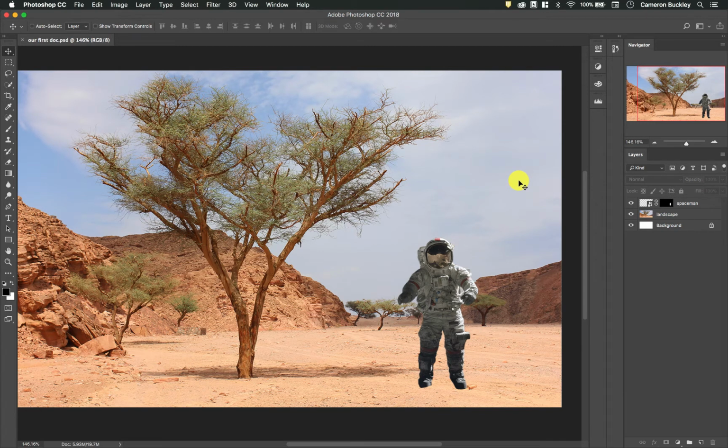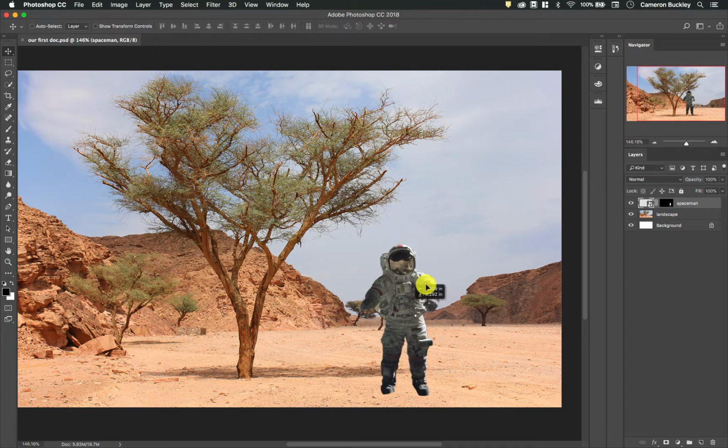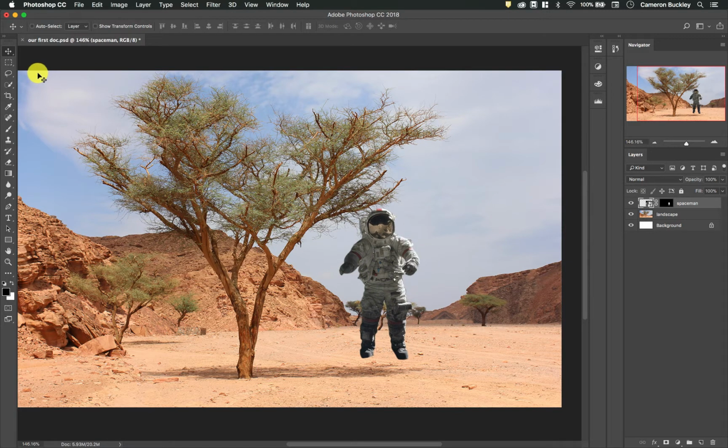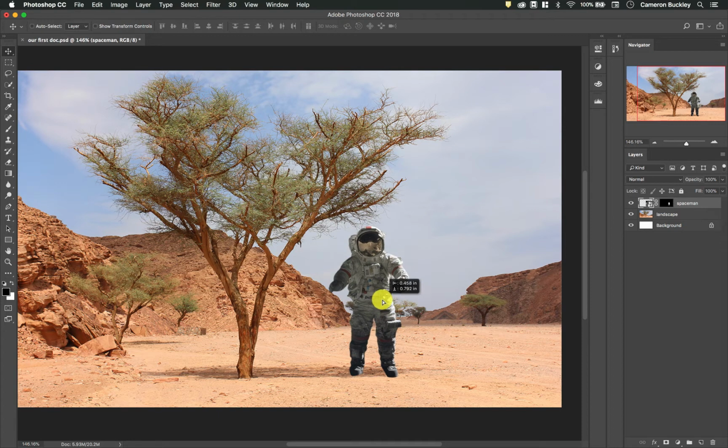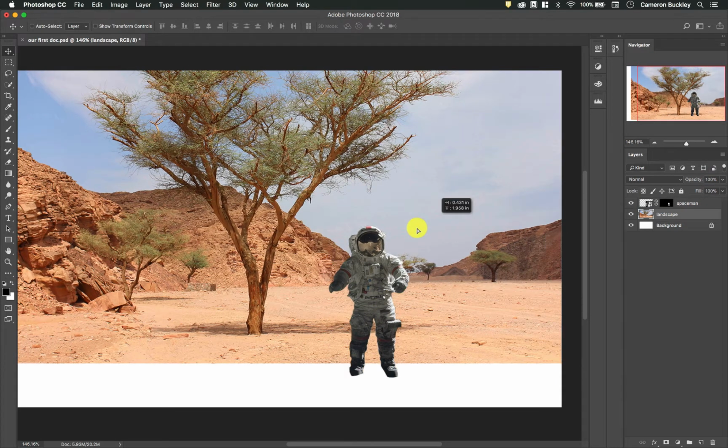In this video, we're going to talk about creating groups and some of the other non-destructive things you can do in Photoshop that may be helpful. So we have three layers right now: a background layer, our landscape, and our spaceman who has an attached layer mask masking out his background. So we can move the spaceman around with the move tool, that's V on the keyboard, or this top tool right here. We can move our landscape around,